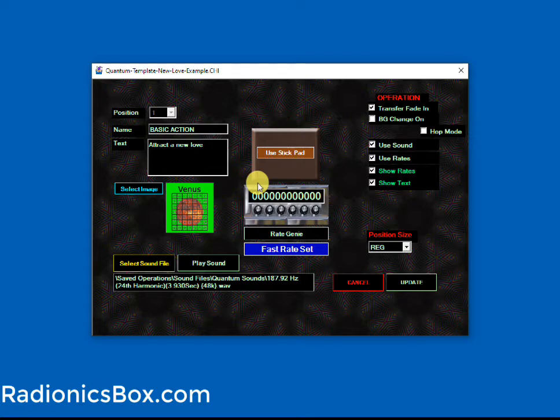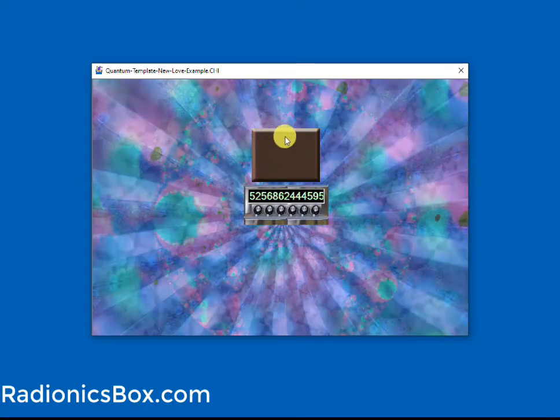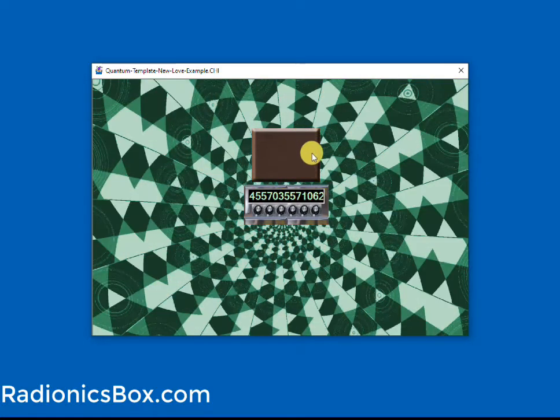Now, we've also changed how the rates are done a little bit. We still have 4 different types of rate dialing: the stick pad, the individual buttons, the rate genie, and the fast rate set. All of them do dial the rates in slightly different ways. For example, if we select the stick pad, we are in stick pad rate dialing mode, and you move over the stick pad,